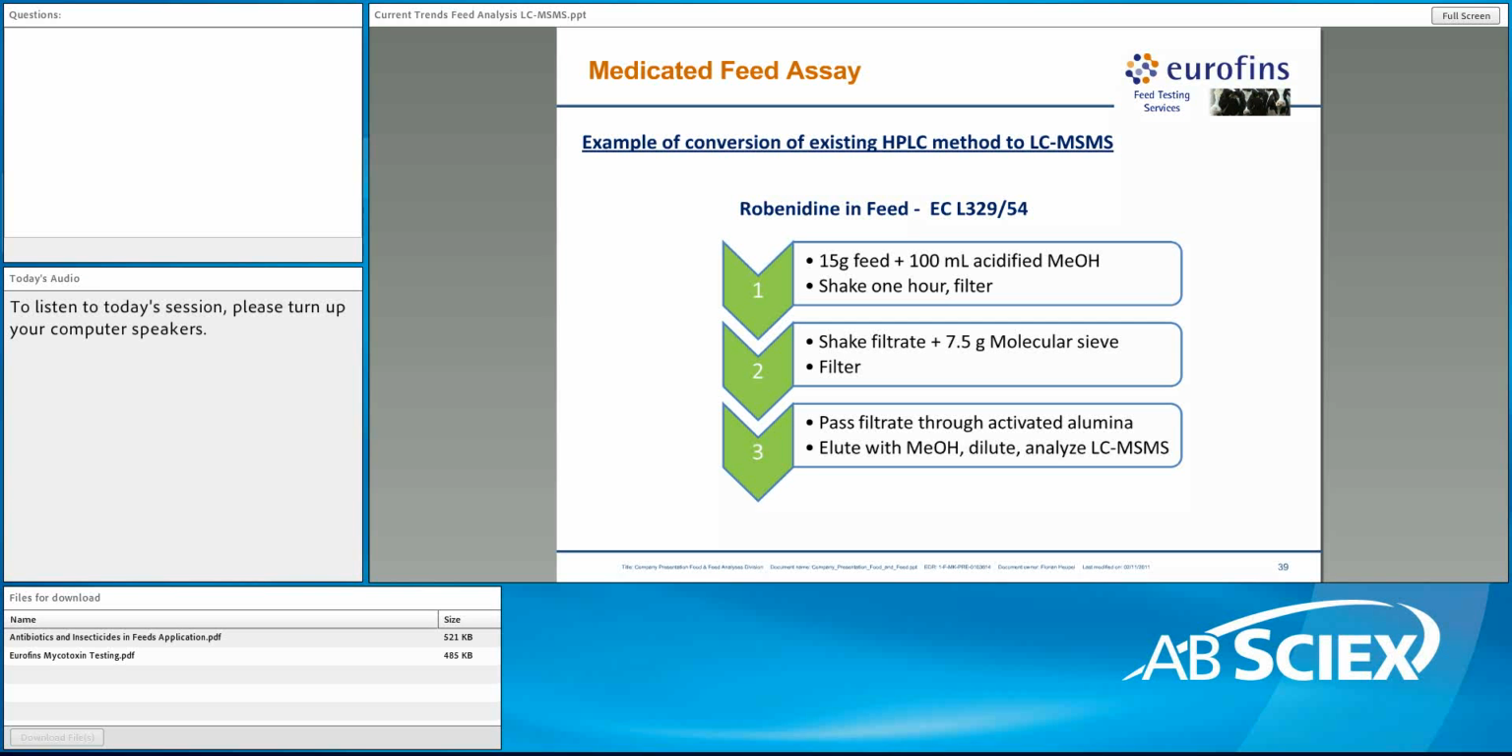So an example of a conversion of an existing HPLC method to LCMS is the analysis of robenidine in feed. The existing method was the EC method L329/54, which we've used in our laboratory to analyze a series of feeds for the poultry industry. In this case, a very simple extraction, cleanup with a molecular sieve and activated alumina, depletion and methanol analysis by